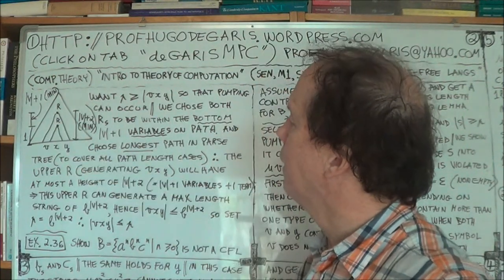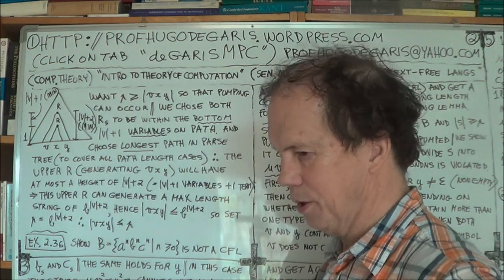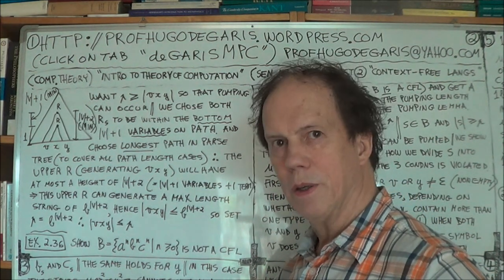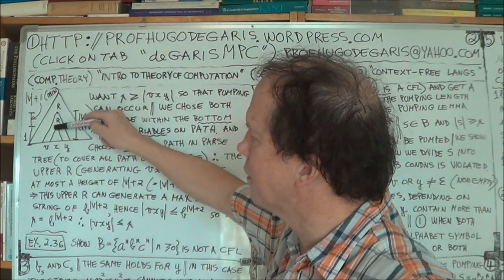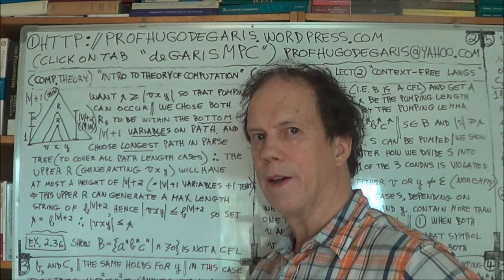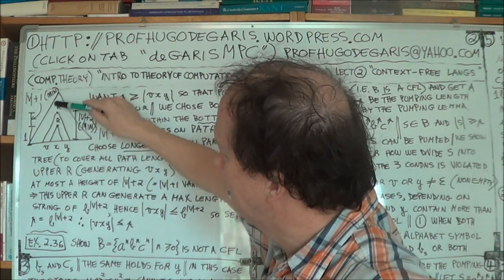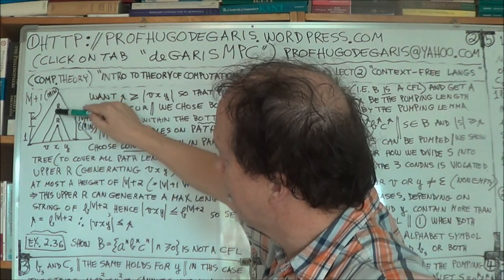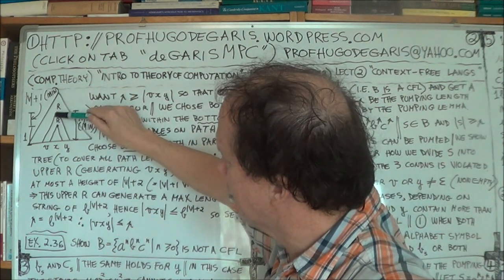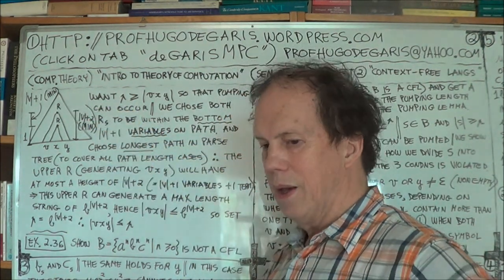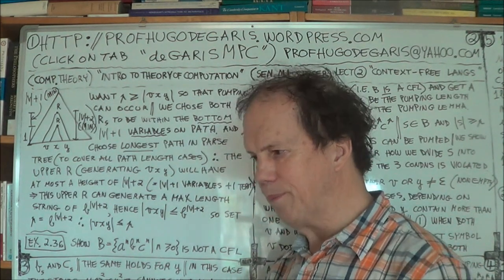That's mod V. Now, we want pumping to occur. For pumping to occur, you need this double occurrence of the same symbol. So here, if you come down some path, in the same path, there will be two occurrences of R, and we proved that last time. Now, for that to happen,